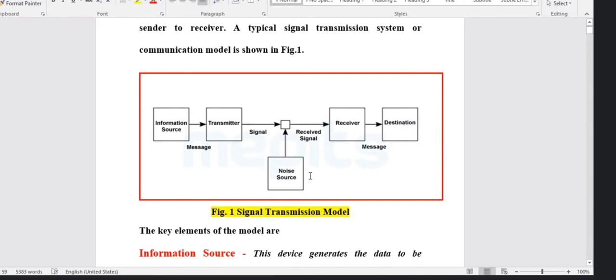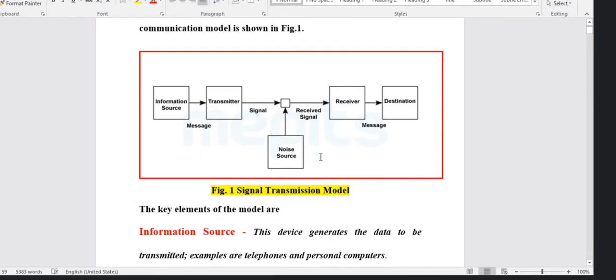Due to the presence of this unwanted signal when the signal is transmitted through a channel, in analog transmission the signal strength will be degraded, and in case of digital transmission,